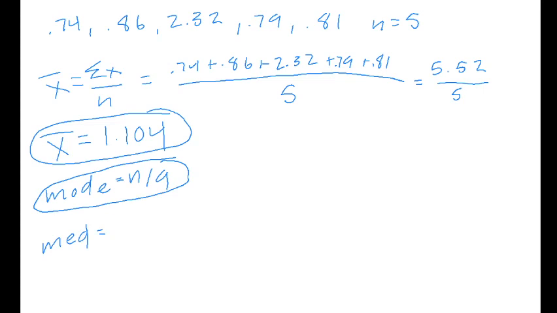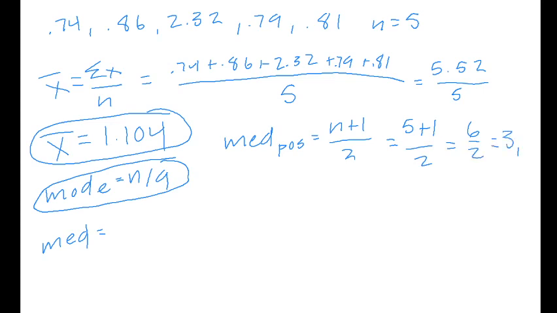So remember, we have a little trick calculation to get the position of the median, which is n plus 1 over 2. All right, we have 5 plus 1 over 2 gives us 6 over 2. Means we're looking in the third position. I like to remind myself that it's the third position, because position means that if we put these